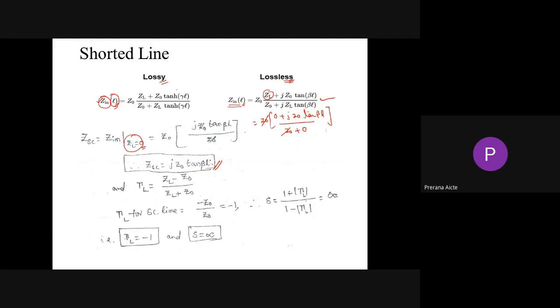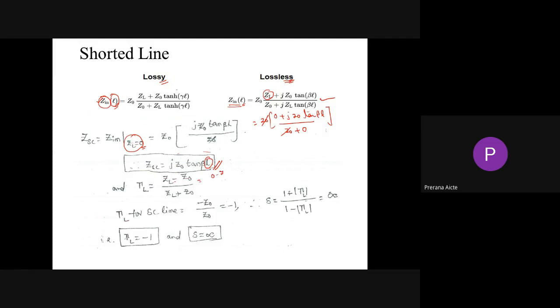That's why if the length changes, automatically the admittance or impedance changes. So at what length the impedance is matched to the load depends upon this length L. Based on these equations, the reflection coefficient gamma L is defined as Z of L minus Z naught divided by Z of L plus Z naught. This is the definition of the reflection coefficient. In this equation, Z of L equals 0.